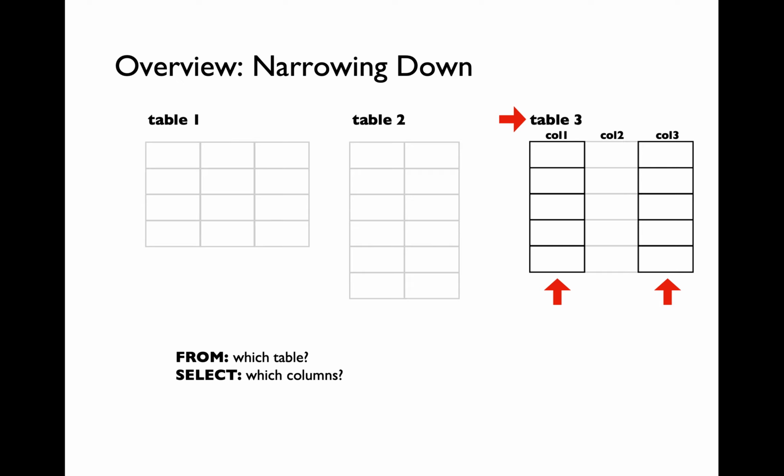How can we narrow down to specific rows within those columns of interest? We are going to use the where clause, which is going to require us to write a condition. The condition associated with the where clause is going to be similar to the condition associated with conditional in Python programming language. The where clause is going to enable us to filter rows which satisfy a specific condition based on